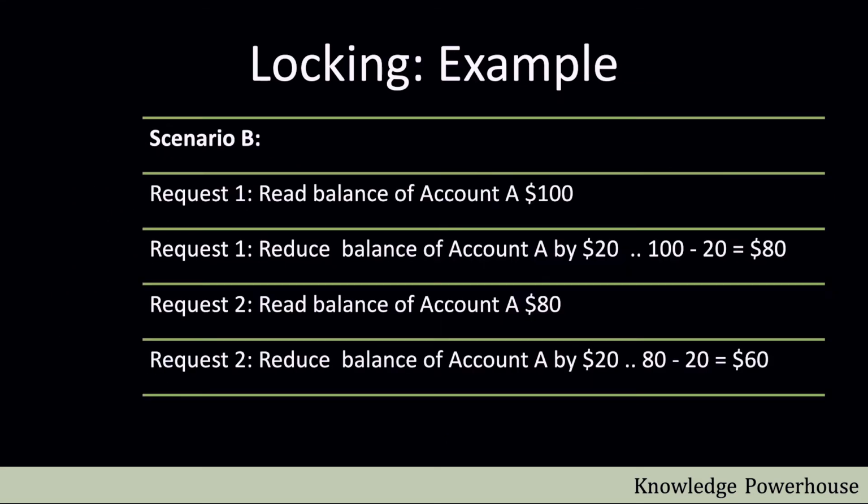Going back to the same example, let's say account A has a lock. We obtain the lock on the record for account A, and the first request gets the lock, so it is able to update it. The second request has to wait. So concurrency is quite reduced in such a case. It's a more resource intensive way, because in pessimistic locking we have to lock the resources for some time. So performance will take a hit.